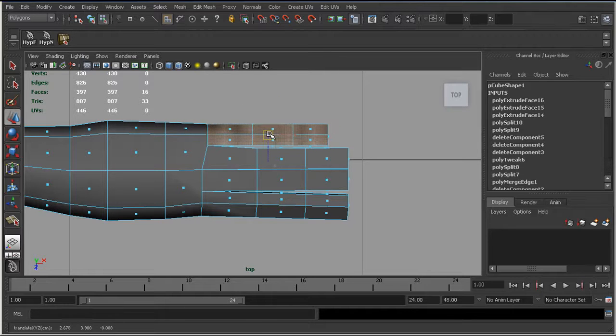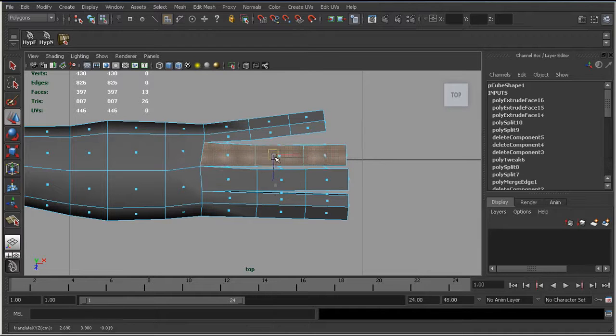Move it a little and rotate like this. Now select this face, grow selection, move it, and now this one,